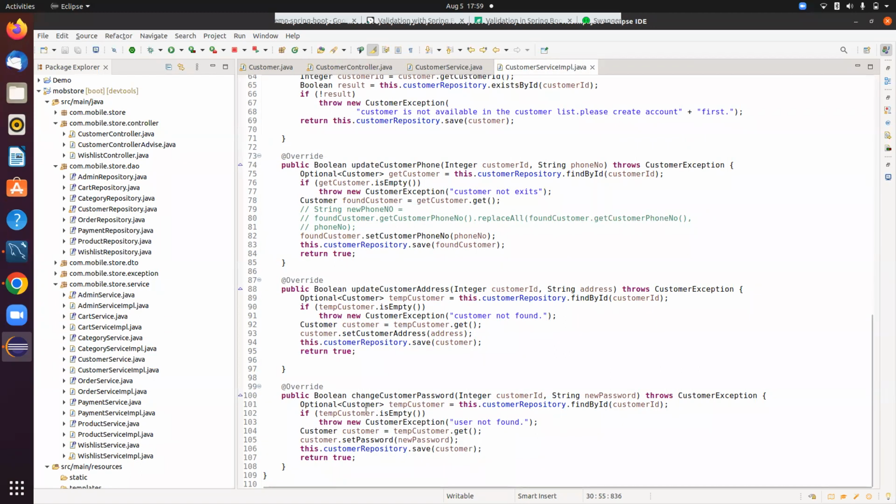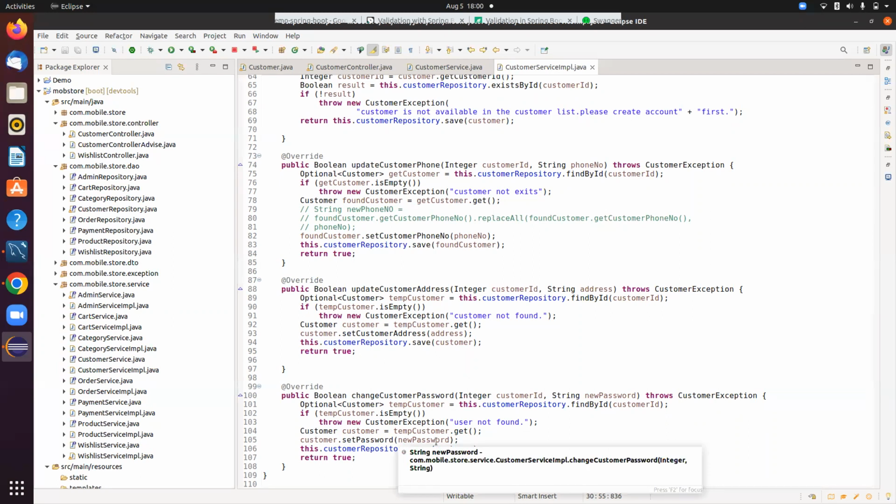If it is false, then it comes out of the if. Because it is optional, which may or may not contain non-null values, we have to get the values from the optional data type. After getting the value in the customer variable, we set the password with the help of set password in our database, sir.